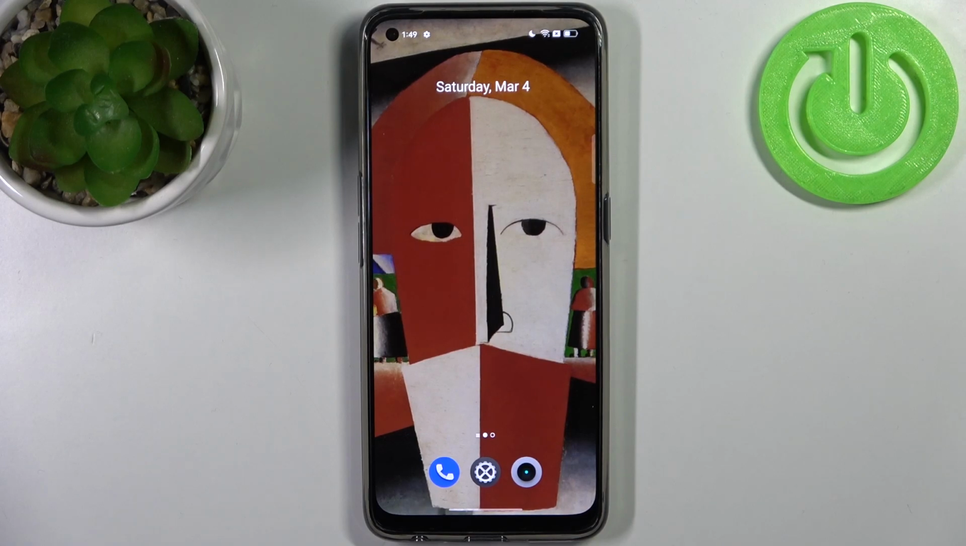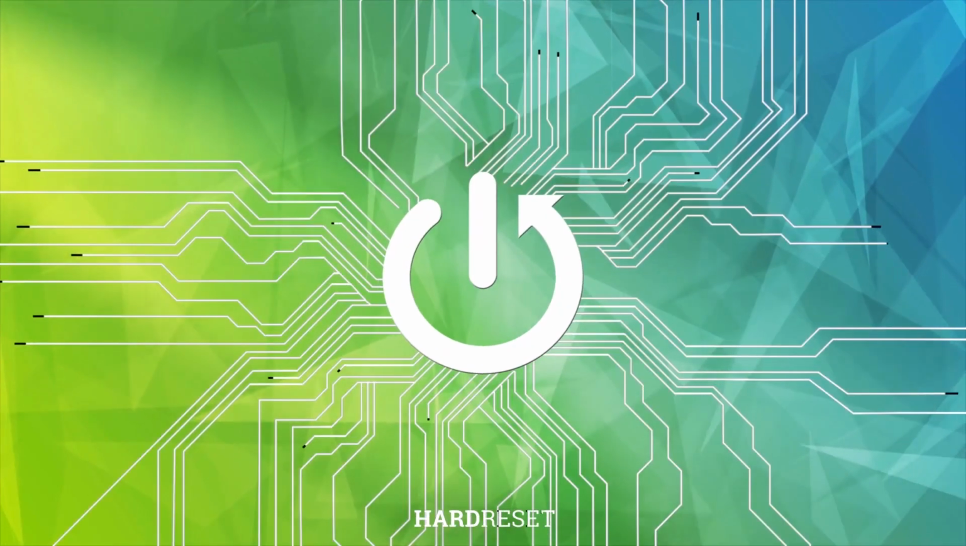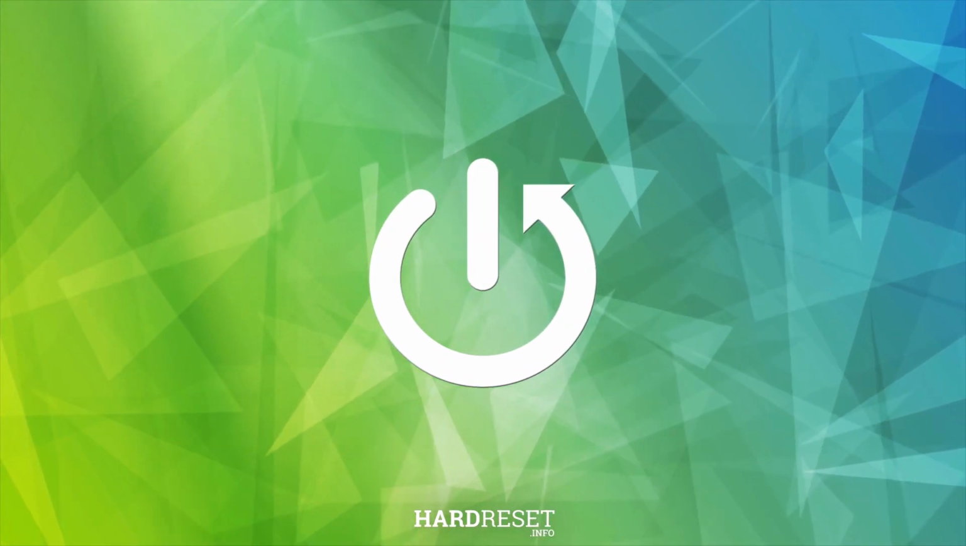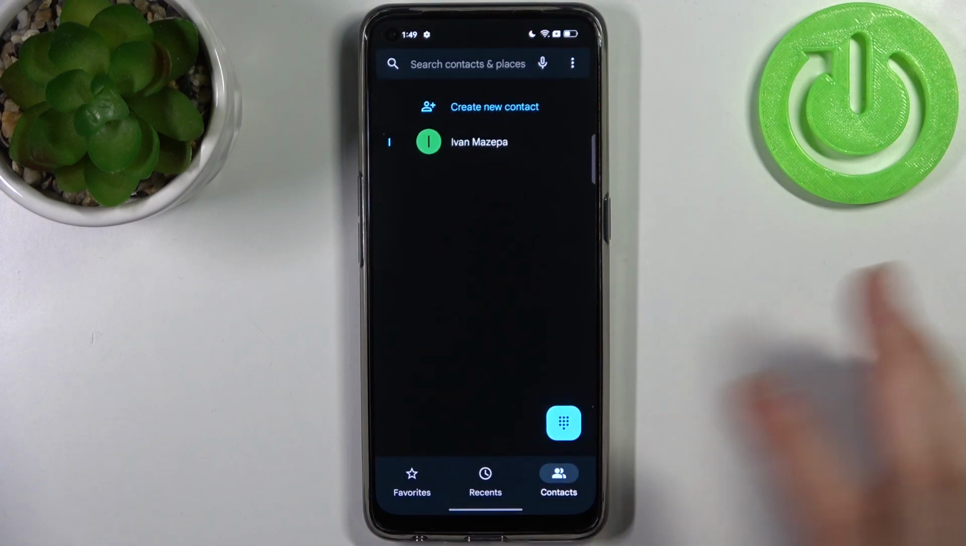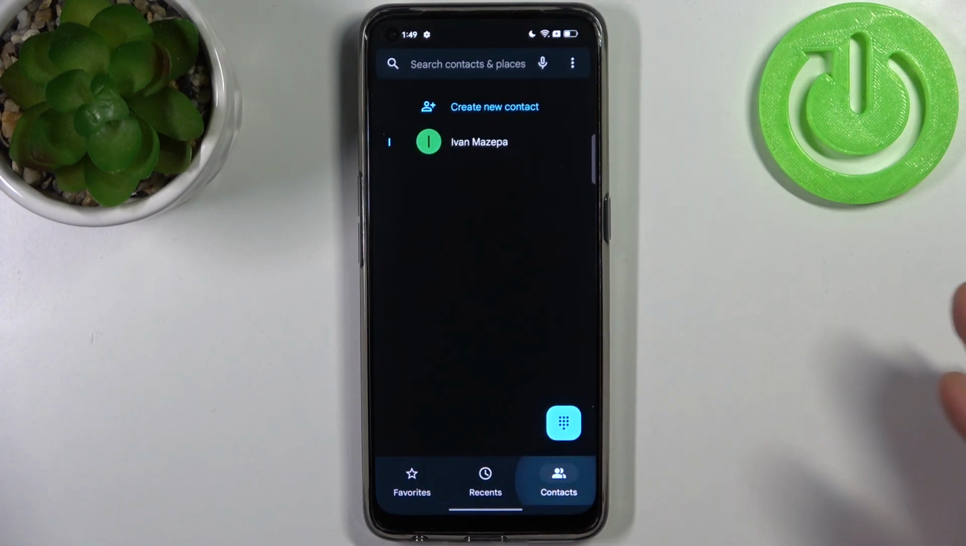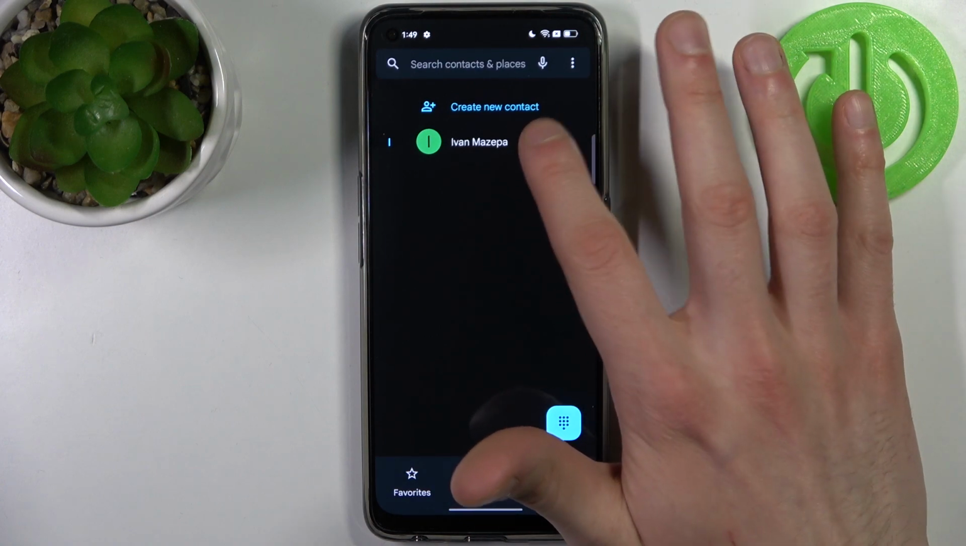Here I have Realme 9 Pro Plus, and today I'm going to show you how to add photo to contact on this device. So to do this, firstly you have to open phone application, go to the contacts list, select contact which you